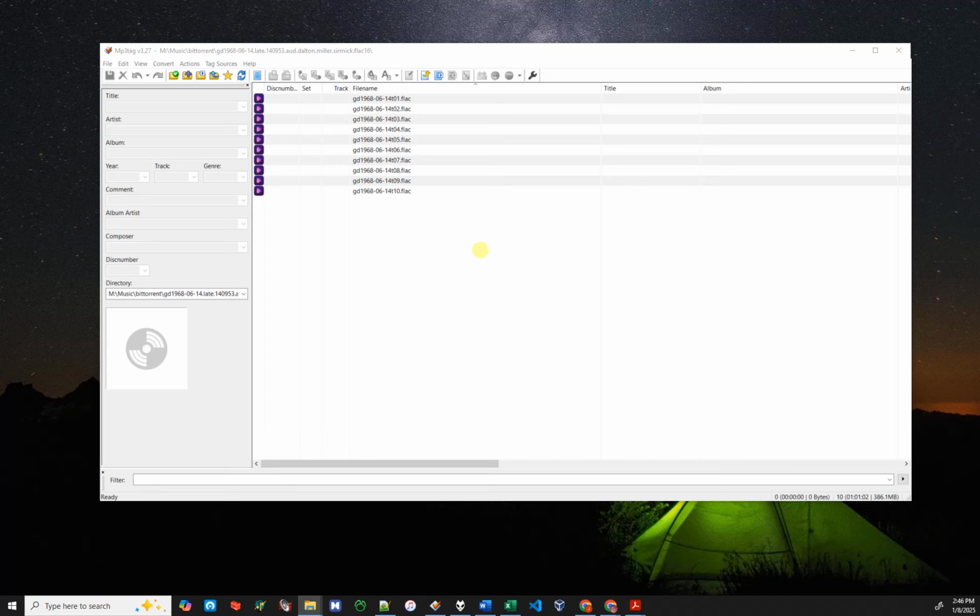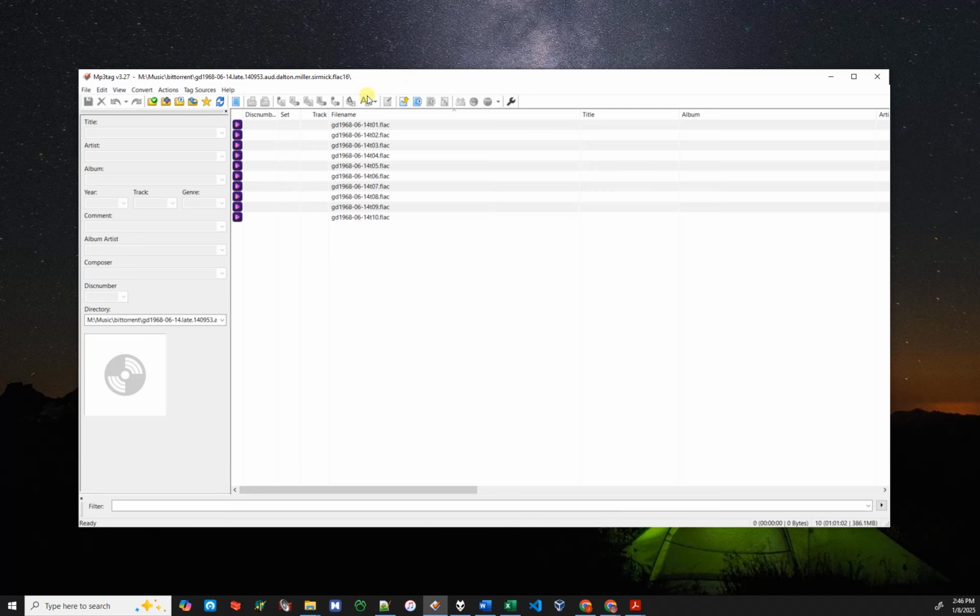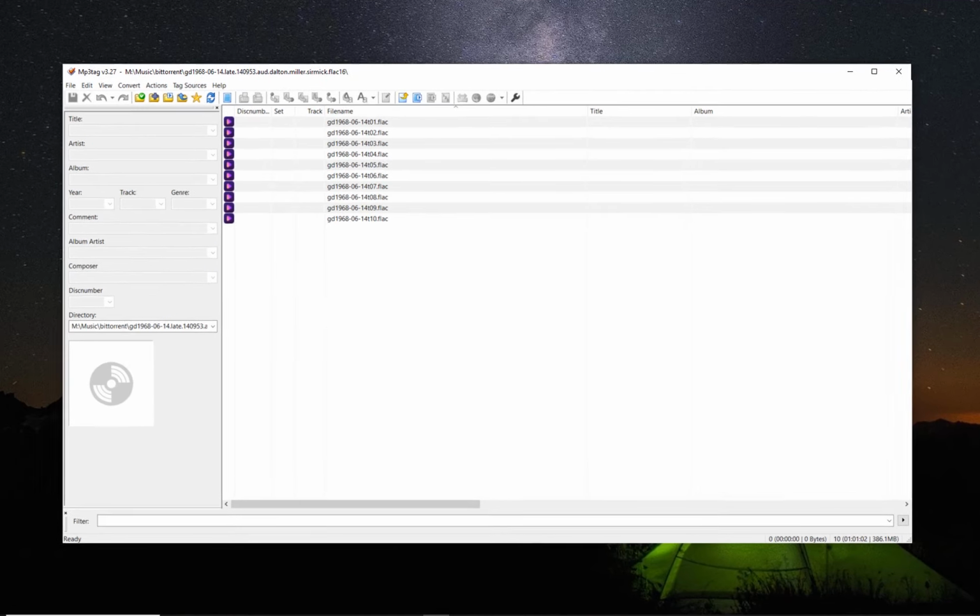Hi. So if you've been struggling with tagging your music files that you've downloaded, you might be interested in this method that I've developed, leveraging some software and some Python scripts that I developed to use the information text file that's included with the music files that you download. For example,